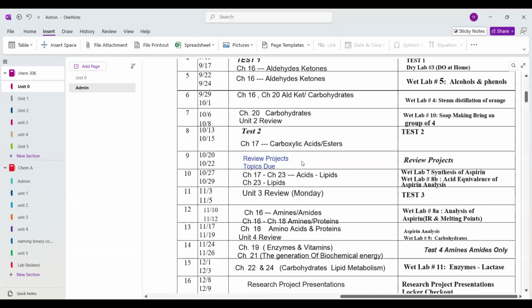Another thing is you're going to have a project in this class, just like you did in 305 with most teachers. I don't know if all the teachers do it, but I know a lot of the 305 teachers do a project. The projects are not drug related unless you want them to be. They have to be chemistry, organic, or biochem related. It's going to be a poster and a 1,000 word accompanying essay. So think of the poster as the media for your essay.